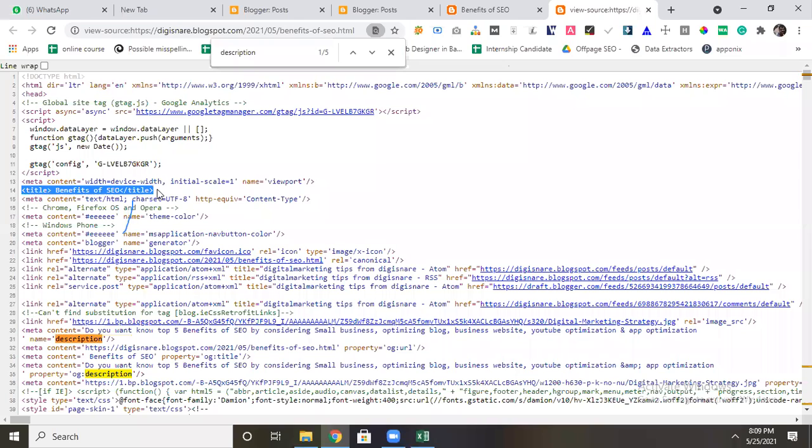It means if you have an option to edit the title, whatever title you add will become the title here. Here also you can search it. If you search here for title, you get it. You can see the title. This is the title of it, because these two tags are very important, so you should know how to use these particular things.